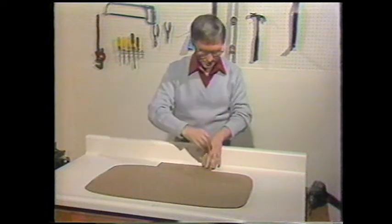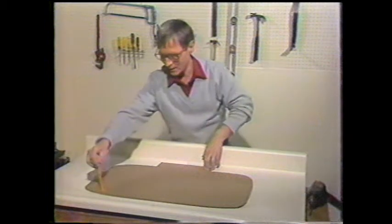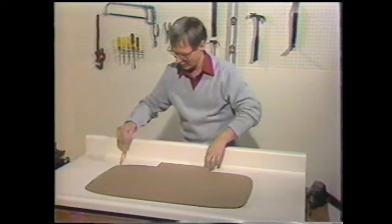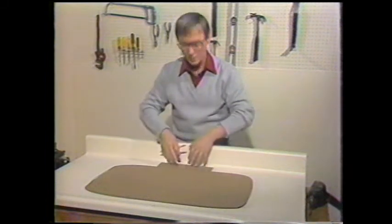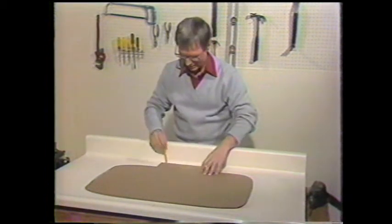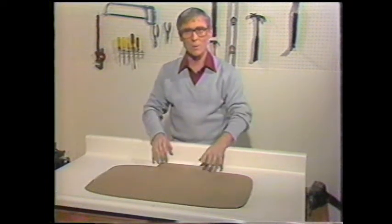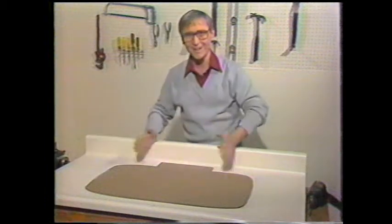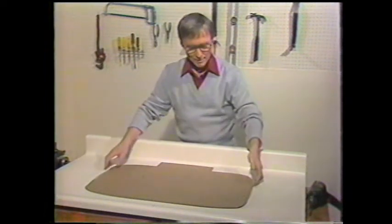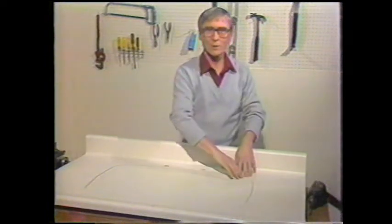Now you'll notice that you're able to run the pencil all the way around, and it doesn't have to be an exact perfect line, and you end up back here where there's a template for the taps. Now be sure to mark, if you have a 2-hole or 3-hole set of taps, where those holes are to go, so you'll know exactly, and the taps aren't set off center. Then remove the template and discard it, and you'll follow with your electric jigsaw all the way around that line